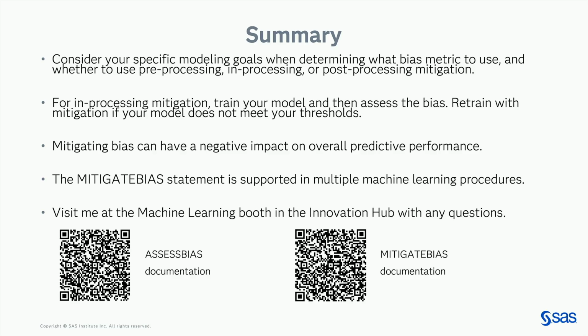And also, I'm going to throw out a comment. There's a trustworthy AI booth over closer to the far side, the opposite of where we are now. And they can tell you more about maybe what metrics you would want to use and when, and kind of talk you through maybe situations of types of bias that you want to think about. So that's all here. I have some documentation for the assess bias procedure and the mitigate bias statement in one of our procedures, but otherwise I think if there's any questions, I'd be happy to take them.